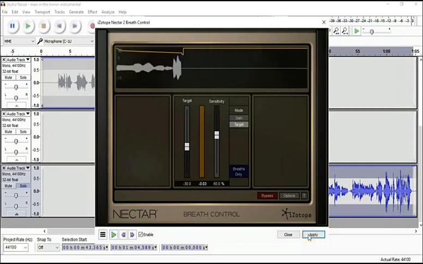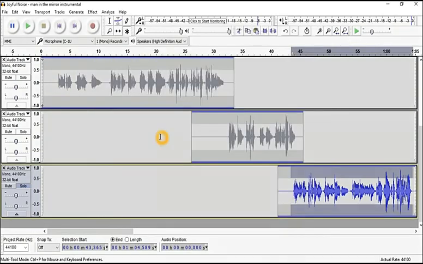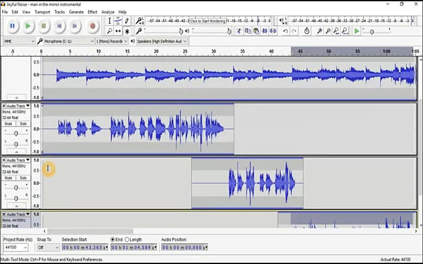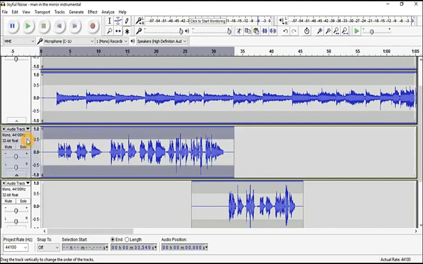All right, so just click apply, then that fixes it. So the breath control has been fixed, which is good, because sometimes you find you're breathing out too much when you're singing. So after that has been done, the next thing that I usually do is